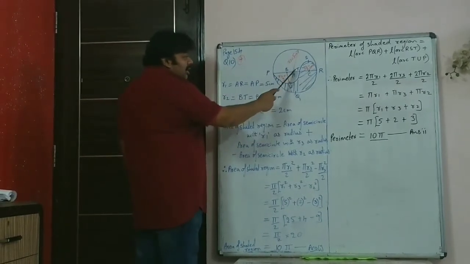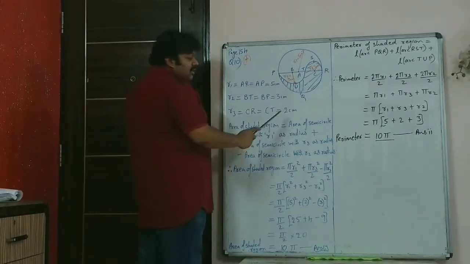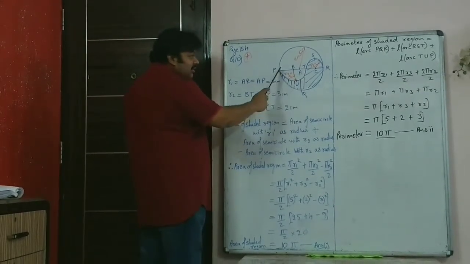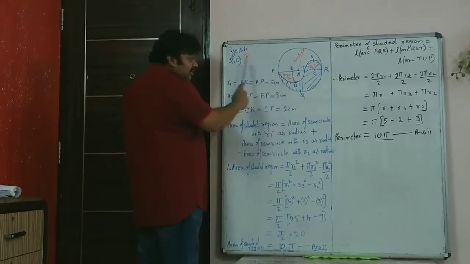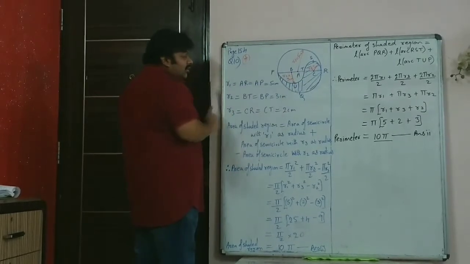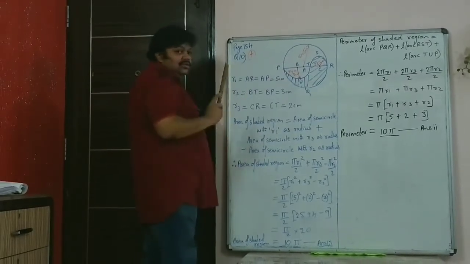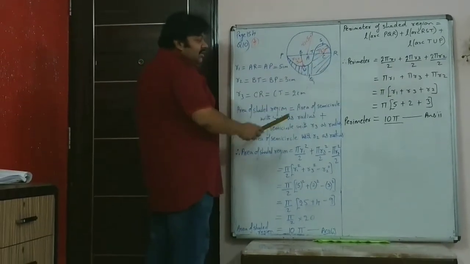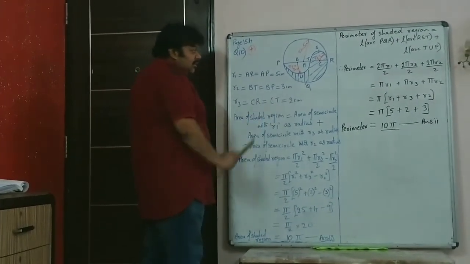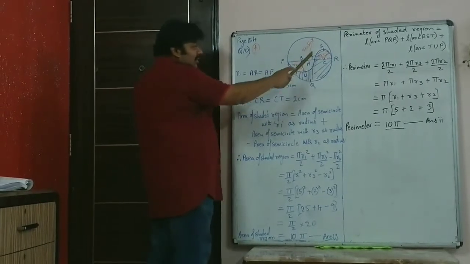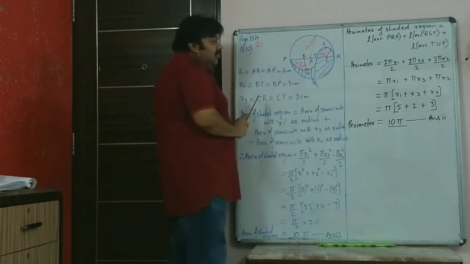So AR and AP are the radii, we have written that is 5. Then you have another circle which is the second bigger circle. This has radius, B is the center and radius is 3. So BT is equal to BP is equal to 3. And you have a third circle which is the smallest of the three. That has C as center, CR and CT is the radius, that is having radius of 2 centimeter. Now you are told the area of this shaded region has to be found.